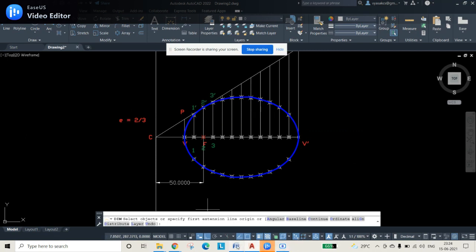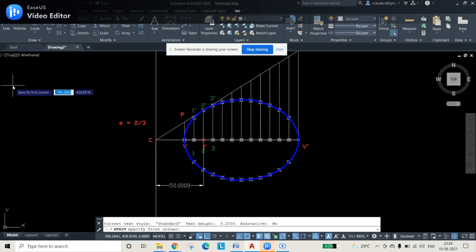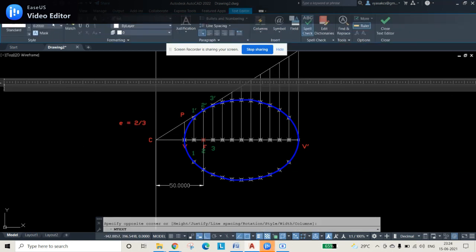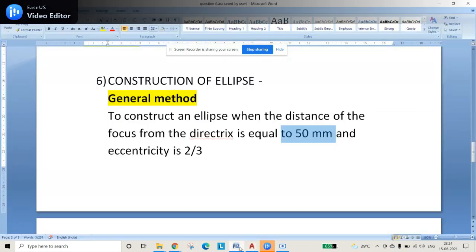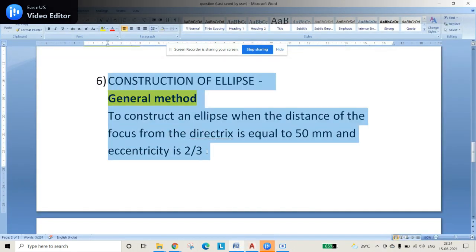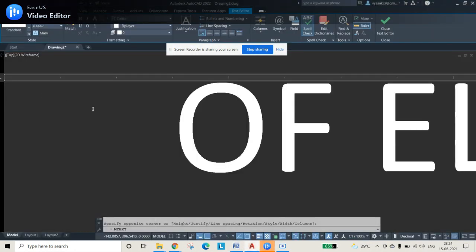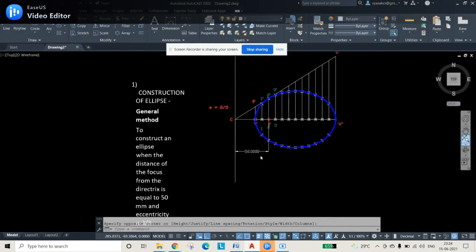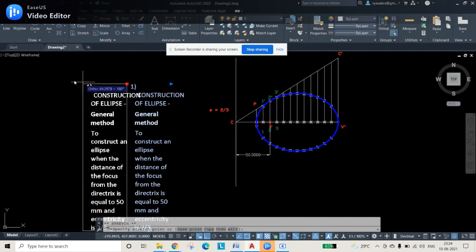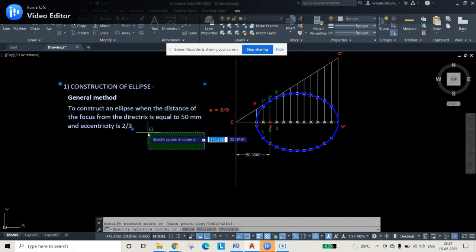So you can write these things here also by using the multi-text command, mt enter. I'll write somewhere here and use the dimensions as 4, height as 4. Then where is this question construction? This question I'm selecting, Control C, and I'm typing it here, Control V, and select close. Where is it? Everything is gone. I can use zoom extents so that it is optimum here. So I can move it a little bit so that it looks good here. So everything is well enough.